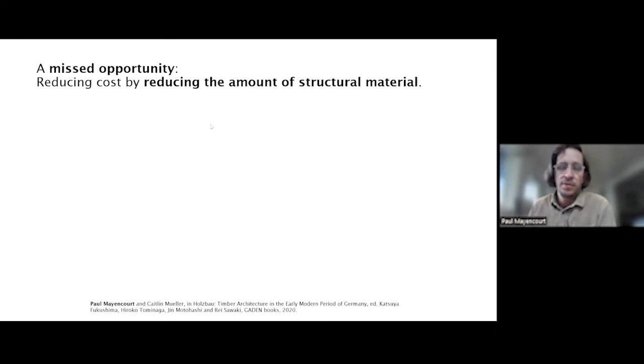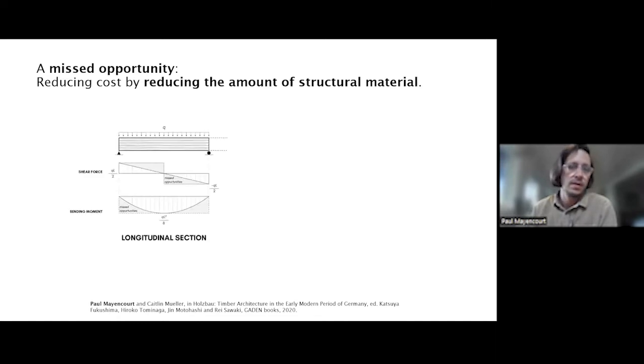And my research has been focusing on reducing the amount of structural material as a way to reduce cost. One of the big opportunities that I saw, and this is maybe where there was some inspiration with the work of Mark West too, is that if you look at the bending moment in a beam, a structural engineer would take a beam that is uniformly loaded and say, well, I have the maximal bending moment at the center of the beam. I'm going to design the section at the center to resist that bending moment, so that everything is going to be holding up, and then extrude that same section throughout the beam in order to simplify